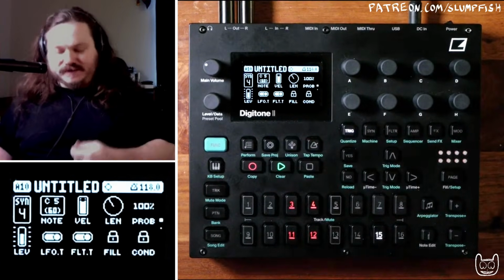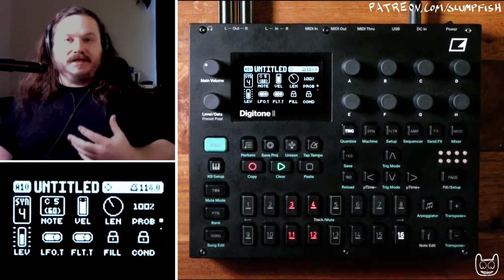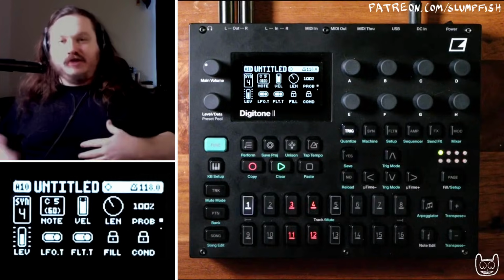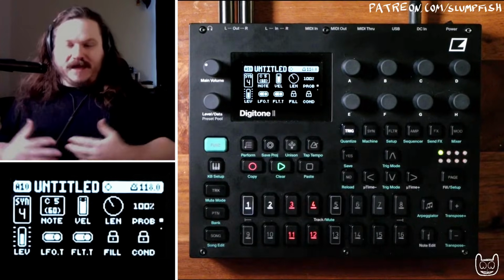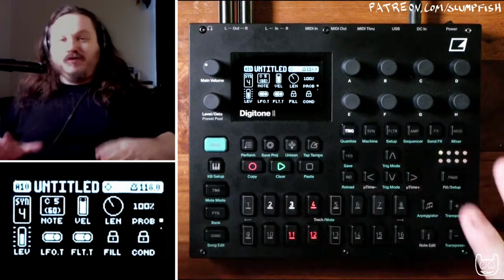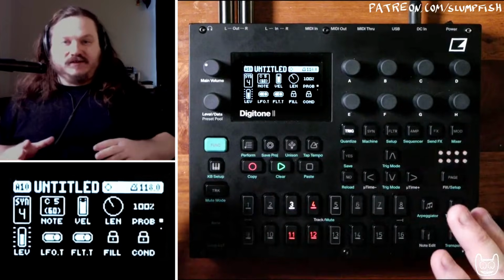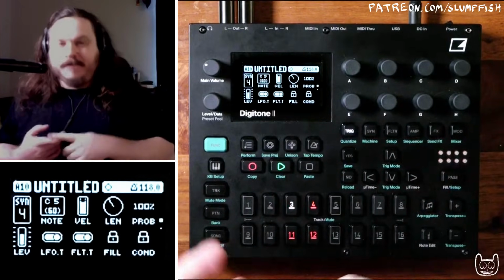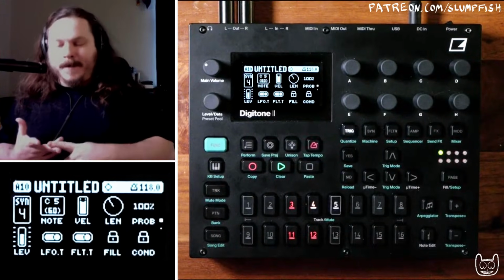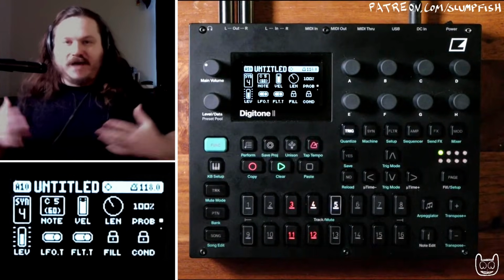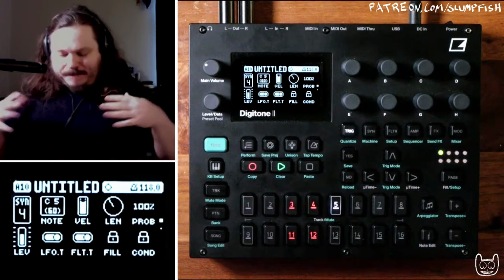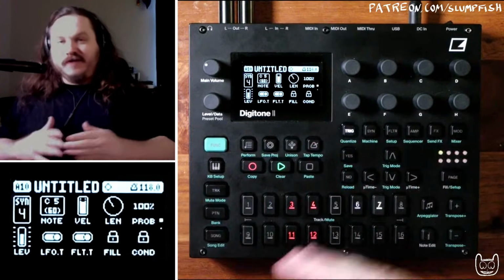I have to say, the Digitone 2 is my favorite because it's like sitting down and you don't know where you're going to end up. And I love that. And I think I could also have really interesting and exciting adventures with the Analog Four, especially the Octatrack. I'm really excited to get to know that one. But Digitone 2 is kind of my boy. I was all about Digitone 1. And as I was explaining earlier in the stream,